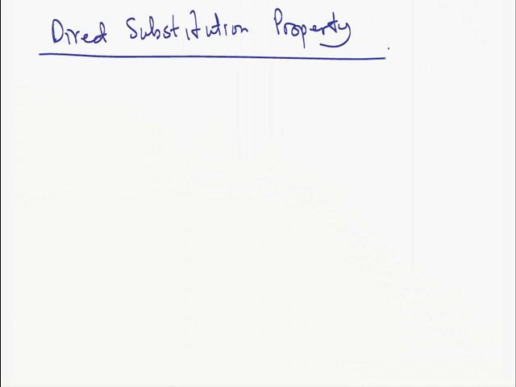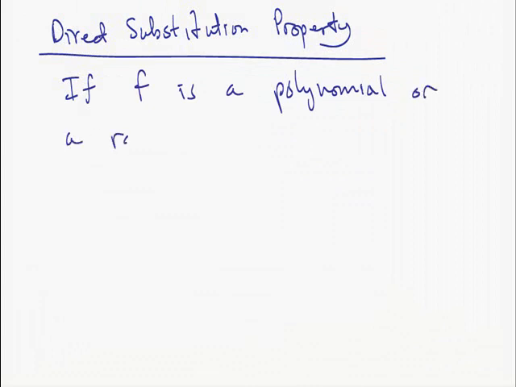Now, a couple other rules that are mentioned in this chapter, and then we'll start looking at some examples, called the direct substitution property. Let's take a look at what this says. We talked about this a little bit in 2.2, and that is basically if our function is defined and continuous at a particular point, then the limit of the function as it approaches a is going to equal just the value of the function at that point a. And so here it says it a little more precisely: if f is a polynomial, remember what those are, or a rational function, so that's just a polynomial divided by a polynomial,